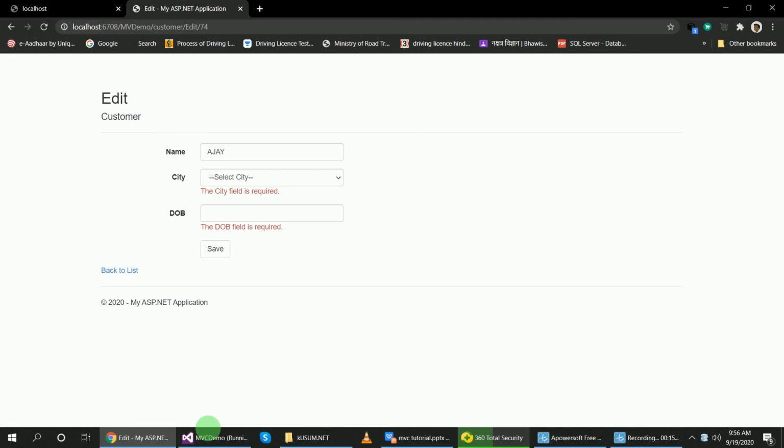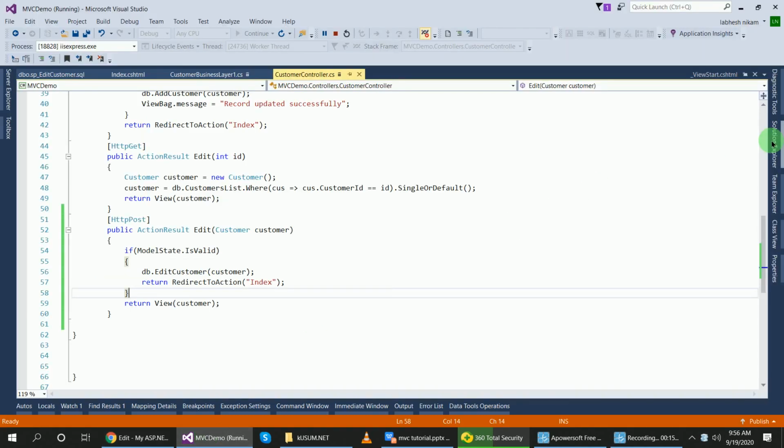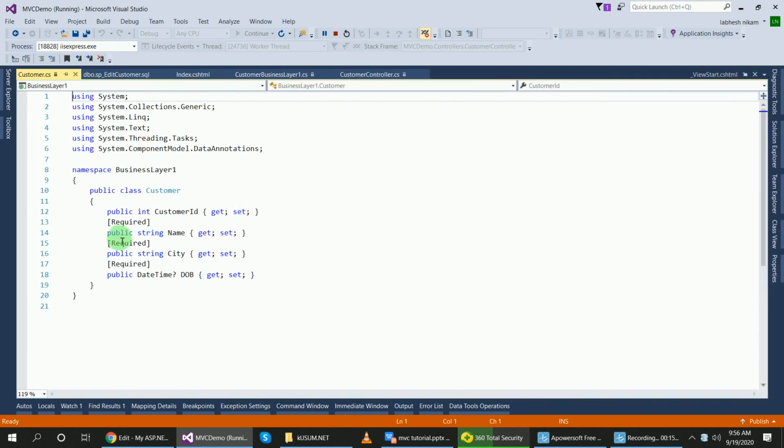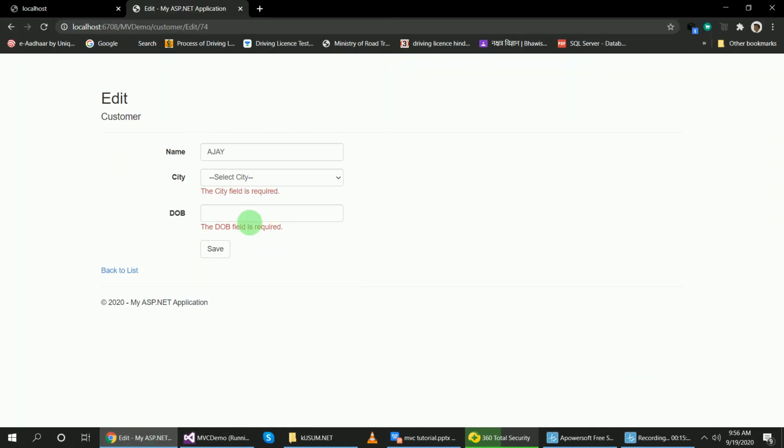Why? Because inside this customer class of the business layer project, I have given validations to all the fields, required field, required field, required field. Because of this, it displays these validation errors, right? But in place of date of birth, if I pass text, it will also give the validation error.